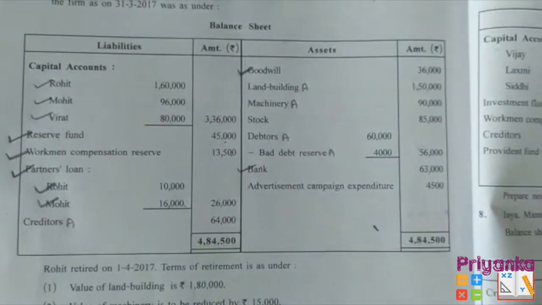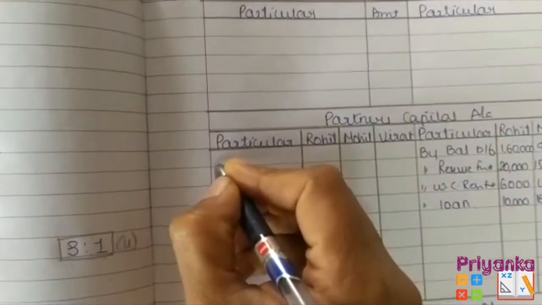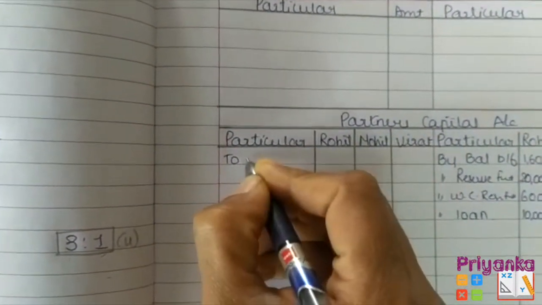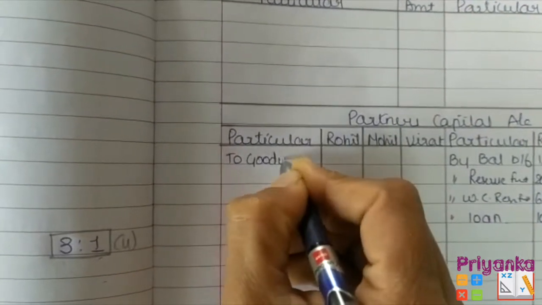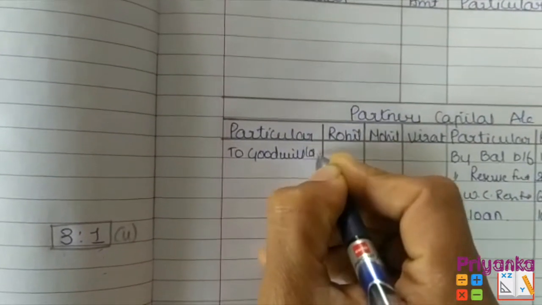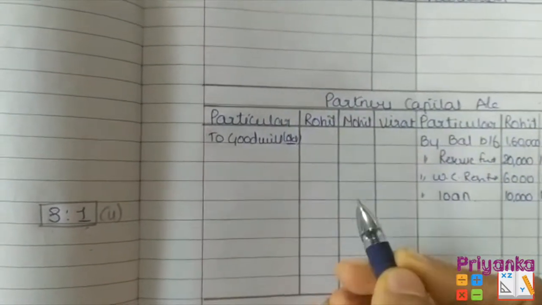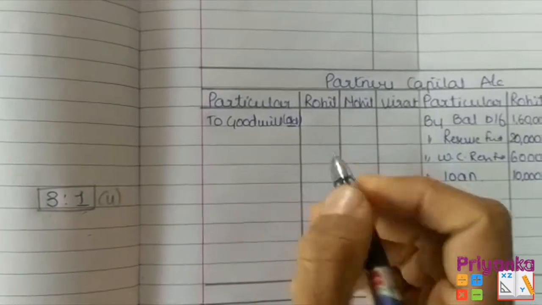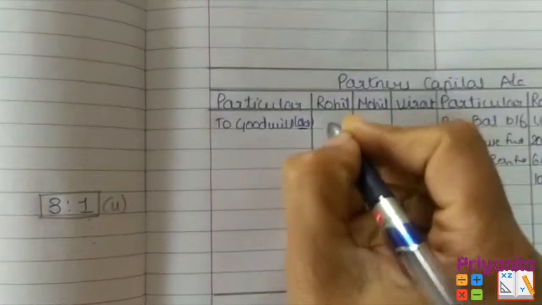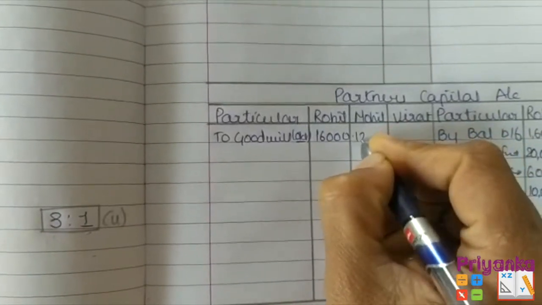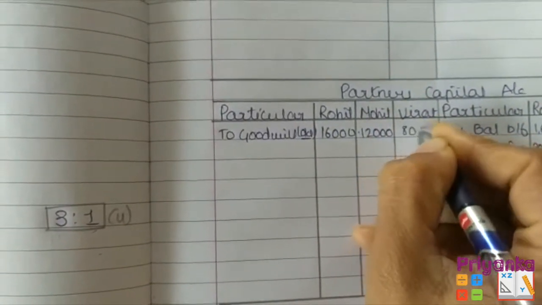Now this old goodwill again will be distributed between the partners, but as the firm is going to be closed as a partner because one of the partners is retiring, तो ये हम remove कर देंगे on the side of the partner's capital account debit. I have highlighted here the old ratio. So you will get the old goodwill, that is 16,000, 12,000 and 8,000. So here we distribute.